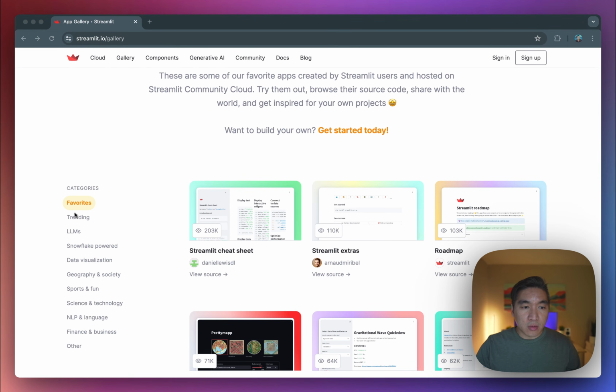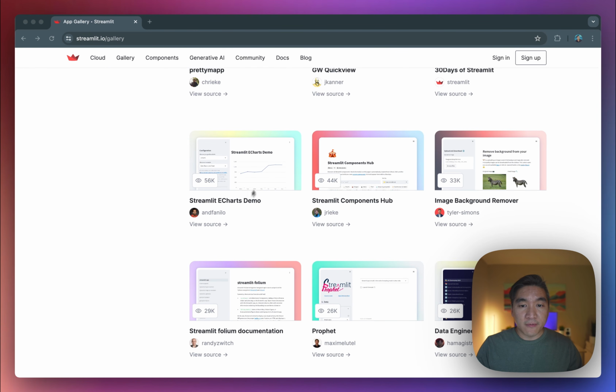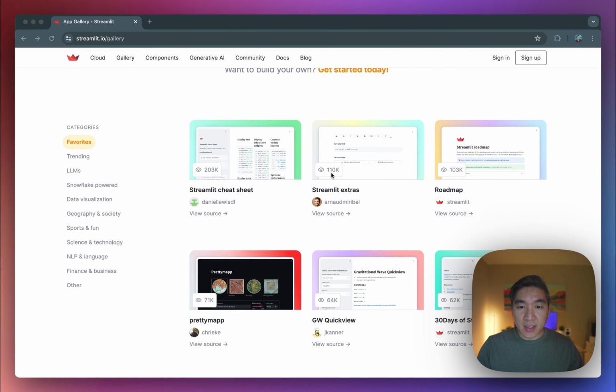And you could drill down through the various categories, take a look, and you could access the underlying GitHub repo in order to reproduce the app and then modify it to your own desire. And as always, you should provide credit to the original developer of the application, and you could use it as a source of inspiration. And for your convenience, we've also included the number of views of each application here. So these are the favorites.